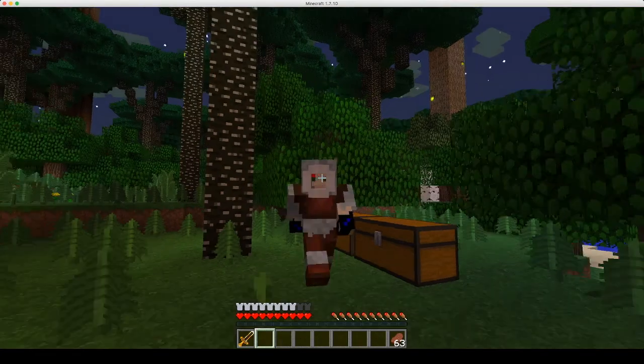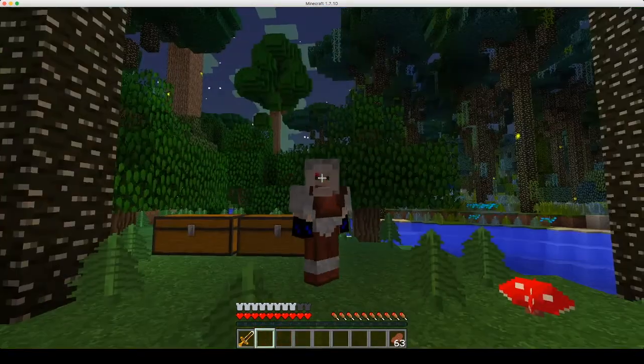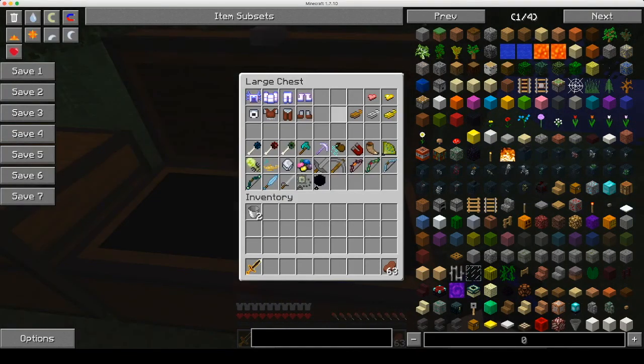And it also looks really cool. I look like an Eskimo. It's real. I really like the hood design it has. It's so cool. Now that we've gone over all the armor and the sets of weapons and gear and tools,